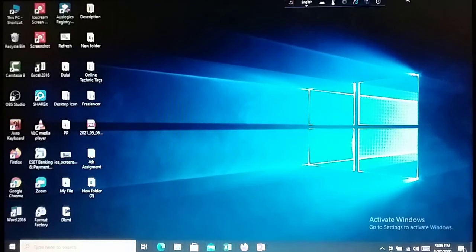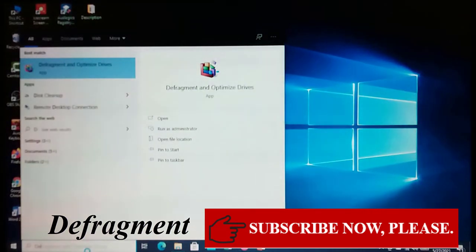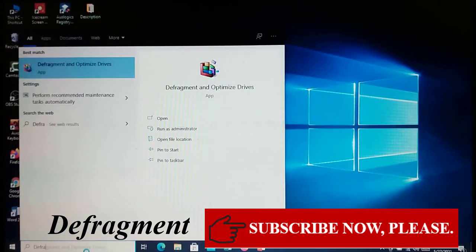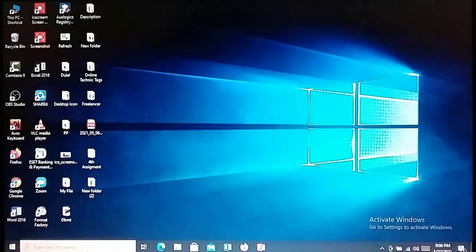Now go to the search box again and write in the search box "defragment", and press the Enter key on the keyboard.